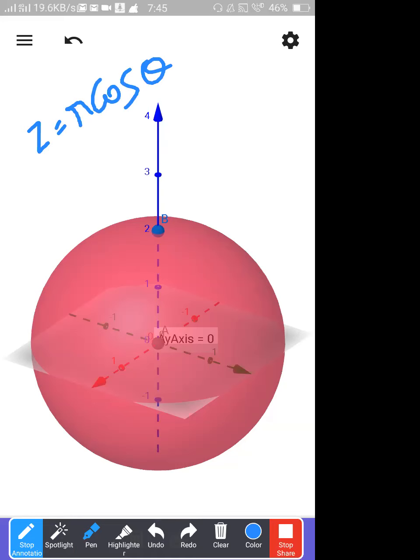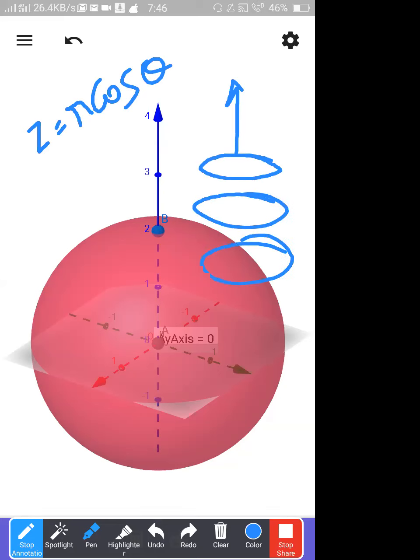Anybody? See, please remember one thing. Your z will be always in this direction. Where will be your phi, sir? Your phi will be always in this plane. It may be like this, it may be like this. But please remember, the z axis and phi plane are exactly perpendicular to each other. That's why when you are operating in z, that is independent of phi. It will have only relation with theta. Please note down, your z axis and phi planes are exactly perpendicular to each other.